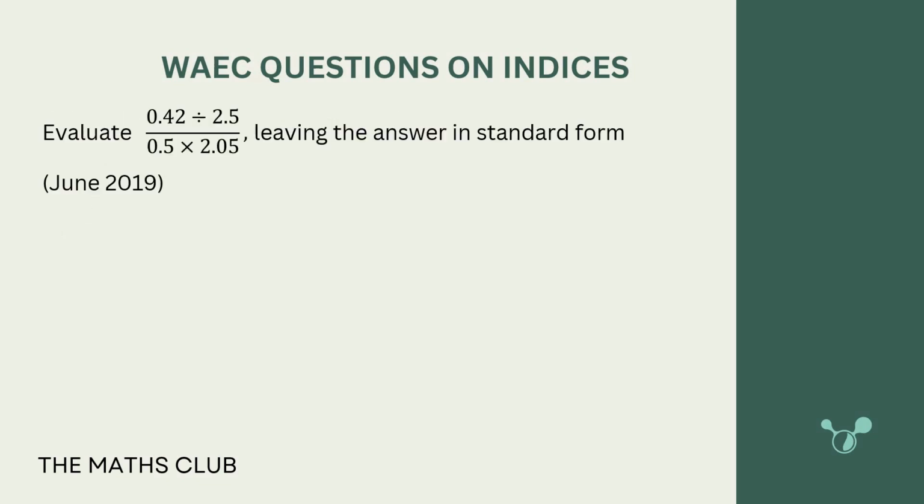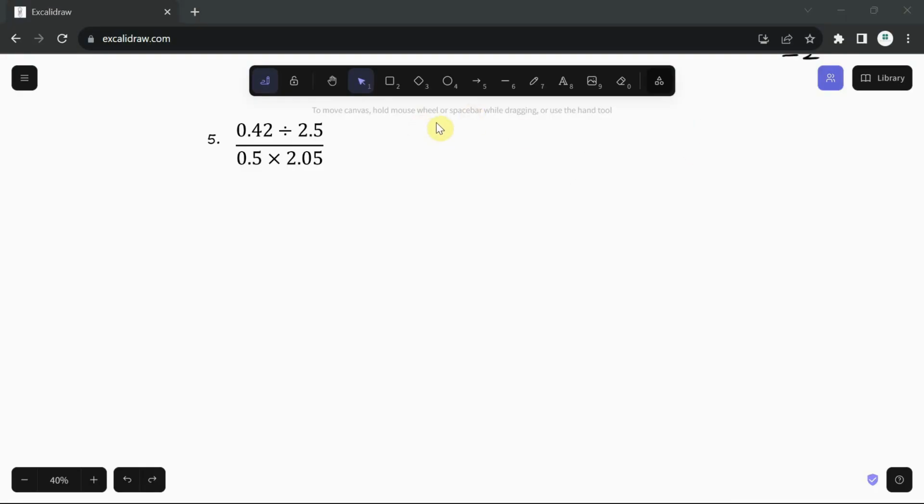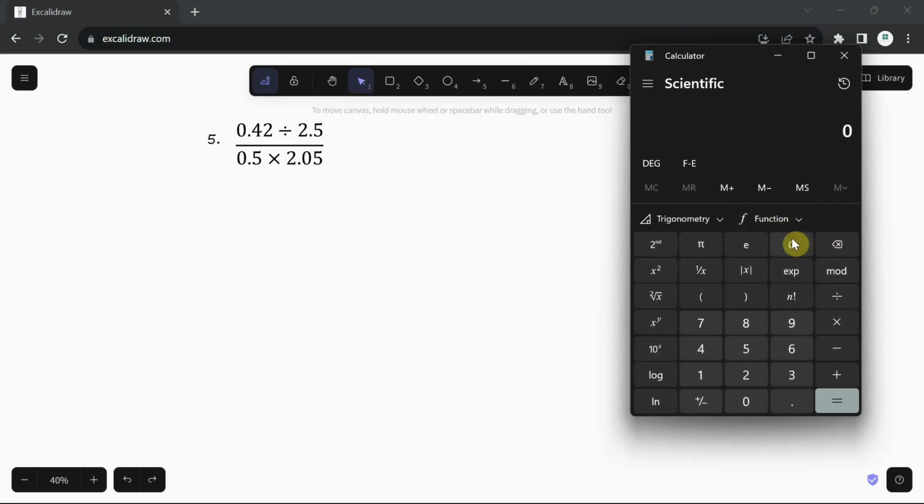So this question says evaluate 0.42 divided by 2.5 divided by 0.5 times 2.05 and leave your answer in standard form. So this is an objective question. Because it's an objective question, it's just best that you use a calculator to be able to answer this. So if I switch over to, this is what we have, right? So if I use this calculator to find what the value will give me,